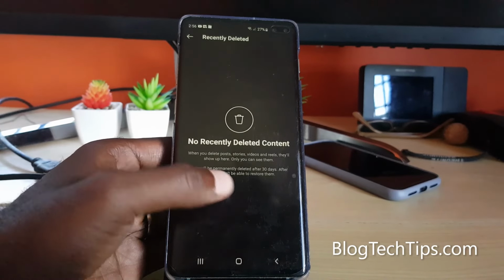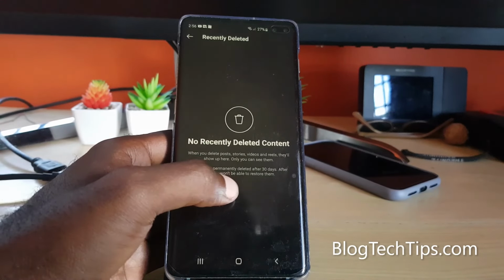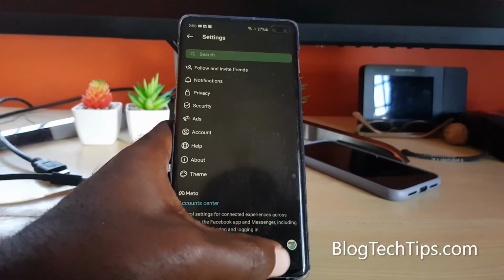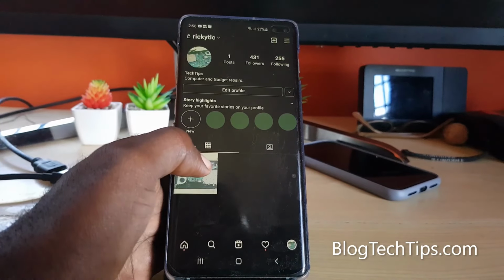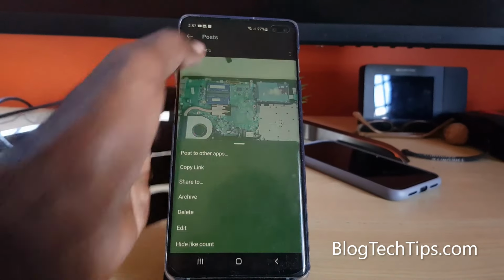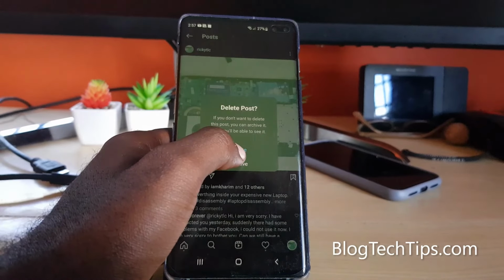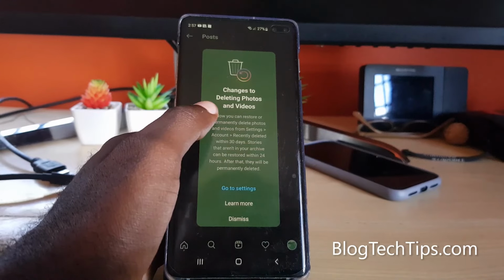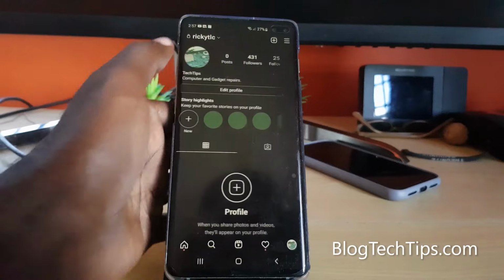If anything is deleted here, you can easily go ahead and hit restore, and of course get it back to the position that it was inside of your profile. All right, so of course it's quite easy to do, and let me just demonstrate. If I were to go ahead and select delete, deleting, and of course it changes to deleting videos. Now you can restore. All right, I'm going to hit dismiss, and as you can see here, it shows that I